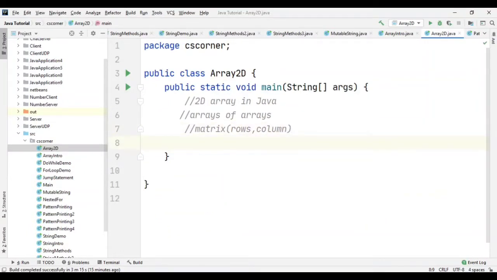To explain two-dimensional arrays, first I will create a one-dimensional array and then I will show you how we get a two-dimensional array from it. So here I'm creating an integer array ARR1 and giving it some values: 1, 2, 3 and 4.